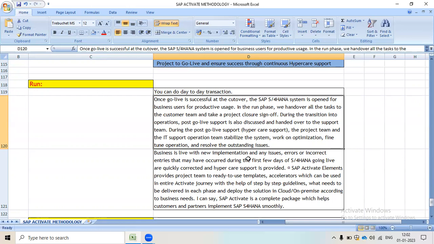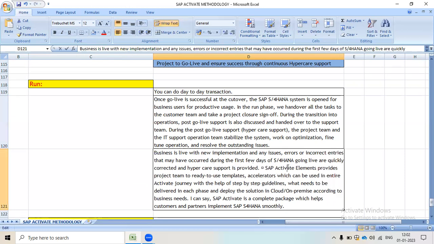Then business is live with the new implementation, and any issues, errors or incorrect entries that may have occurred during the first few days of SAP S/4HANA go live are quickly corrected, and hypercare support is provided.